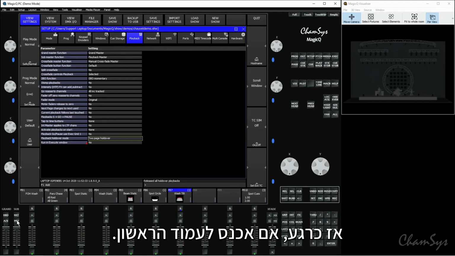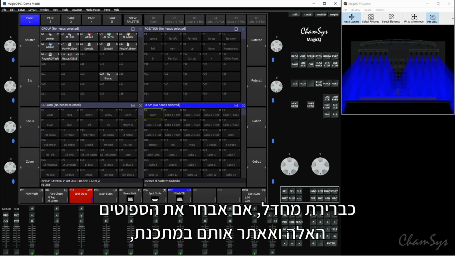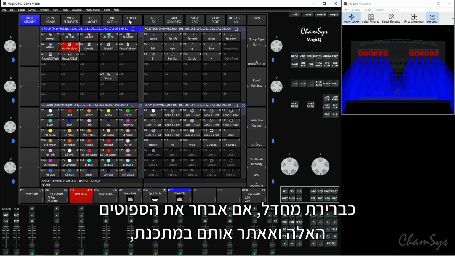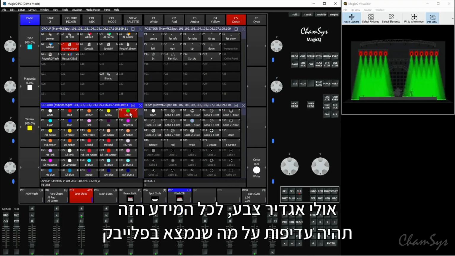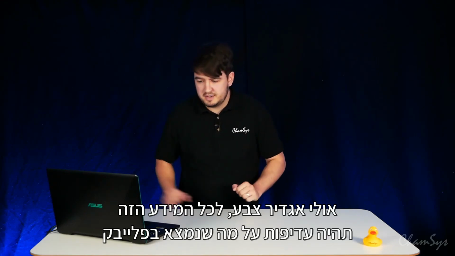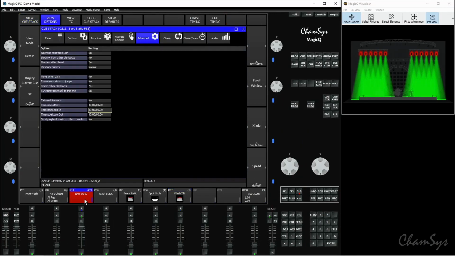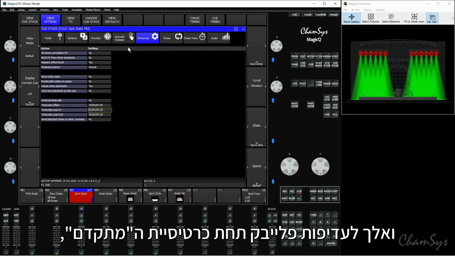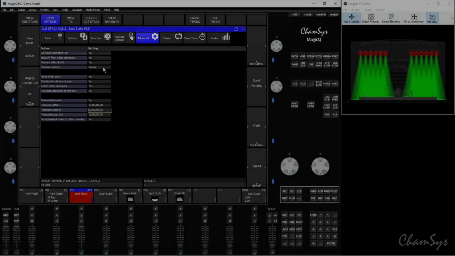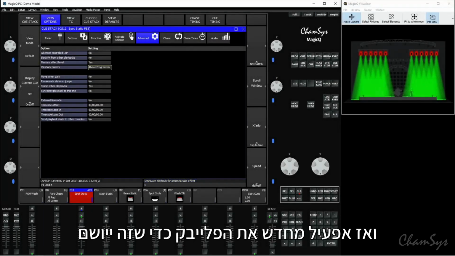So at the moment, if I go back to page 1, we've got this spot static cue here, where I've got my spots in blue. By default, if I was to go and select those spots and locate them in the programmer, maybe set a color, all that information is going to take priority over what's on the playback. But if I triple tap the S key or the legend for this playback and go to playback priority here under the advanced tab, if I set this to above programmer and then reactivate